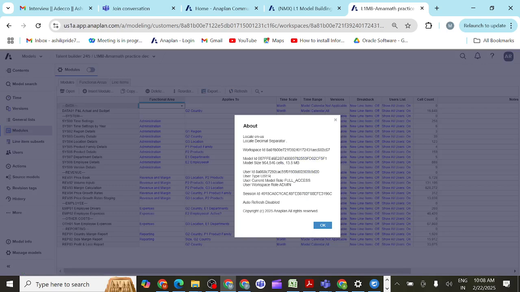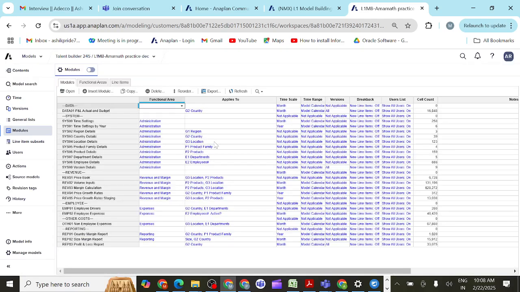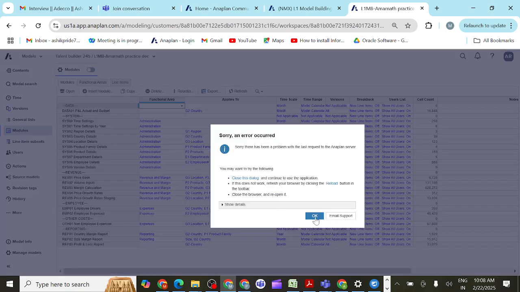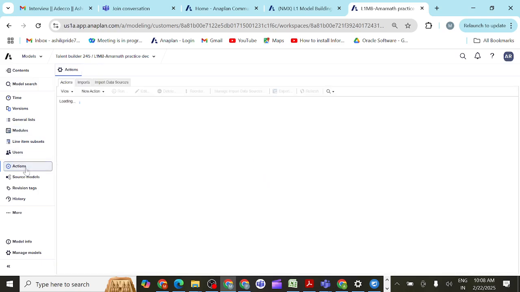you can see this is regarding the model id. You can see the workspace id, model id, model size, everything. This workspace id and model id we will provide in our script, so that the model comes directly here, and that action comes here. Whatever action you want to perform, for example an import action for any country, it imports. We already have earlier actions, so again if you want to repeat the same thing, for instance instead of 13 countries I want to give 15 countries,